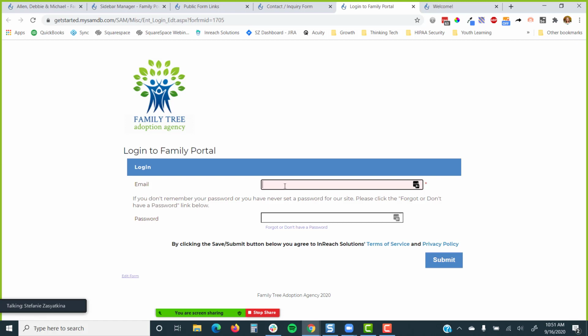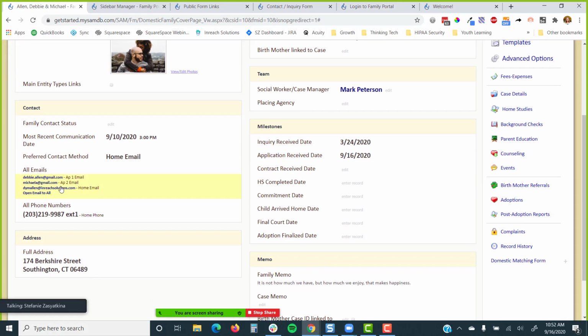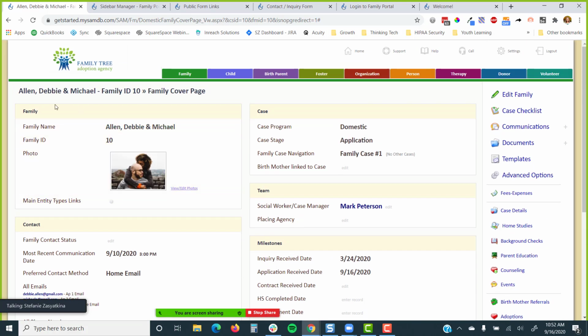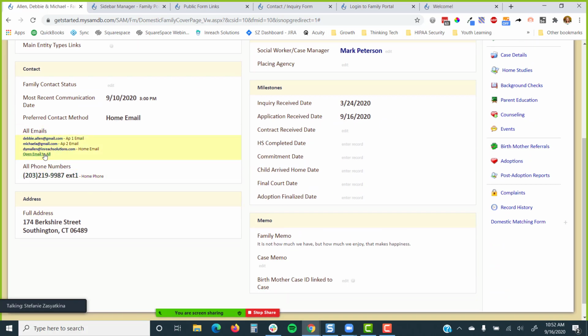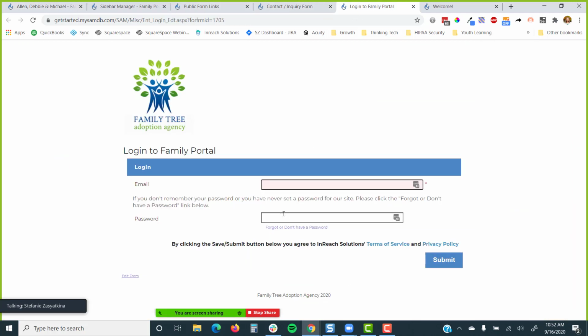They'll need their email address that they have on the record, which sometimes we've seen where they don't remember what email address, they created a new email address, all kinds of things may happen. They don't have it. So it is, though, the email address that's actually on the client record, which would be shown, this is the client record here, and it would be shown on the site. And it can be any one of these records. So it could be parent one's, it could be the home email, any one of them will work. And then whatever password they